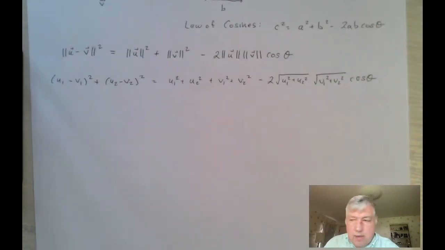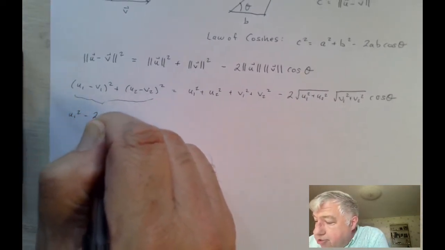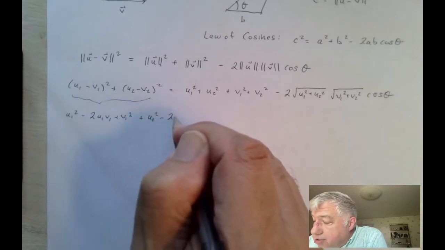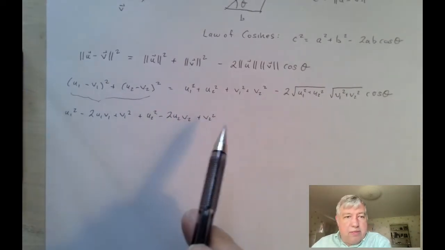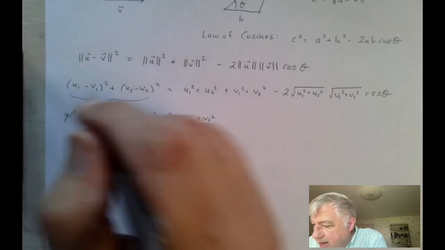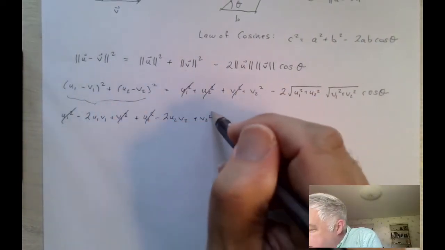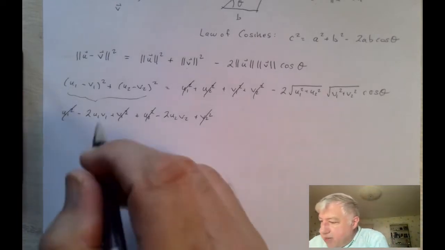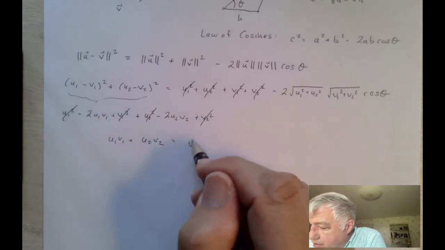Now, if we multiply this out a little bit, this is going to be u1 squared minus 2u1 v1 plus v1 squared plus u2 squared minus 2u2 v2 plus v2 squared. And then you look at this side, and you see there's a bunch of things that cancel out. The u1 squares cancel, the v1 squares cancel, the u2 squares cancel, and the v2 squares cancel. Everything else is divisible by -2, so we can divide by -1/2. And what we get, amazingly, is u1 v1 plus u2 v2 is equal to this product of these square roots